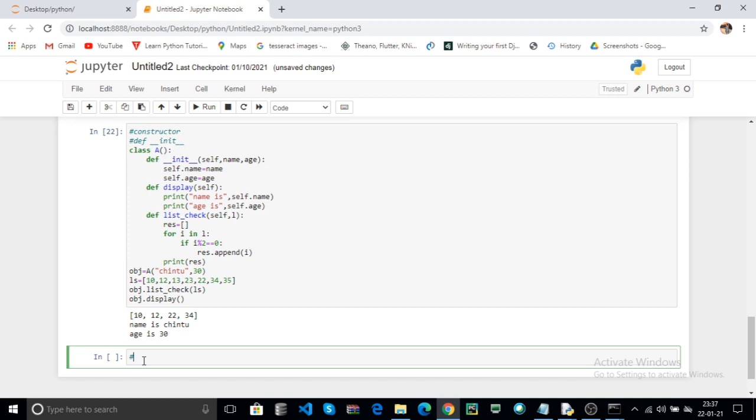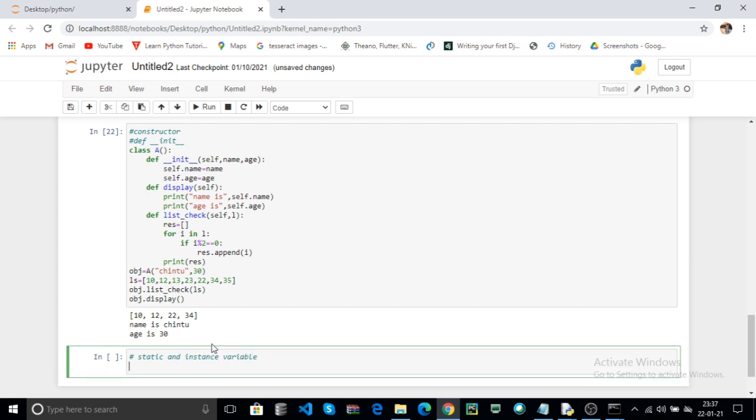Now we discuss static variables and instance variables. Now what is the difference between static variables and instance variables?